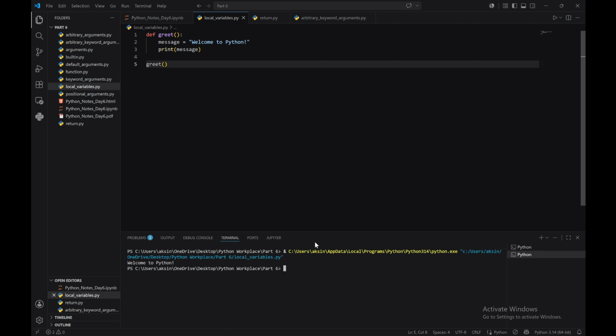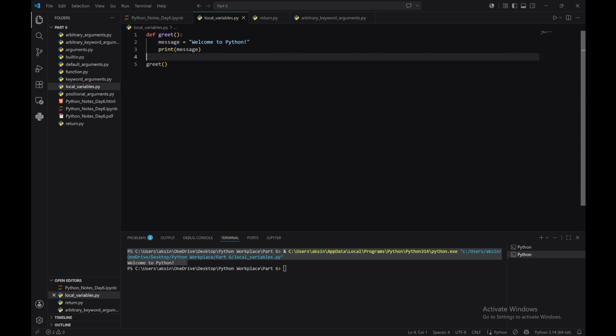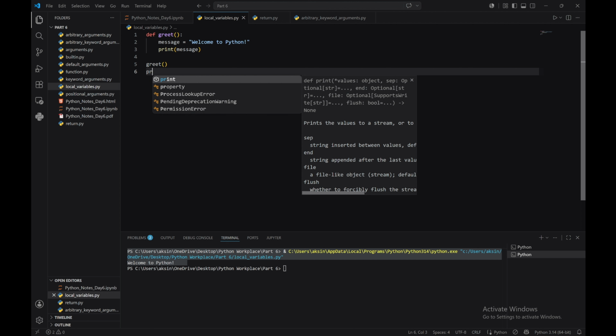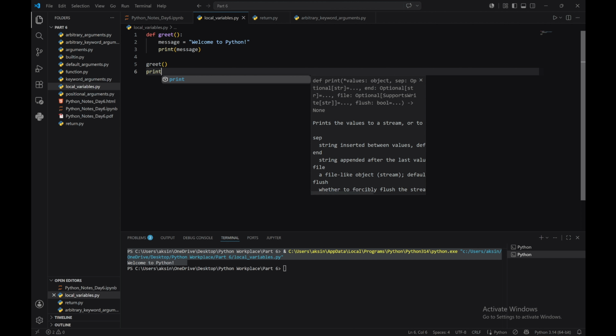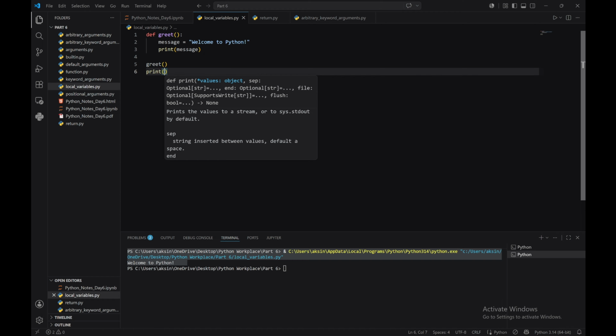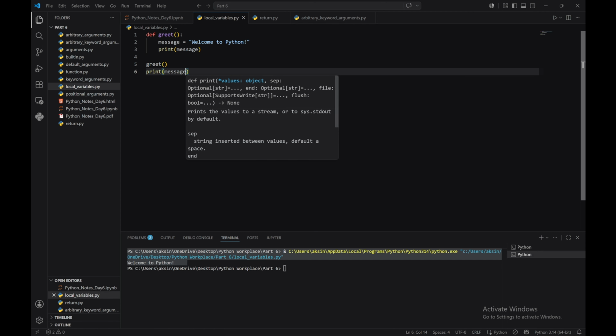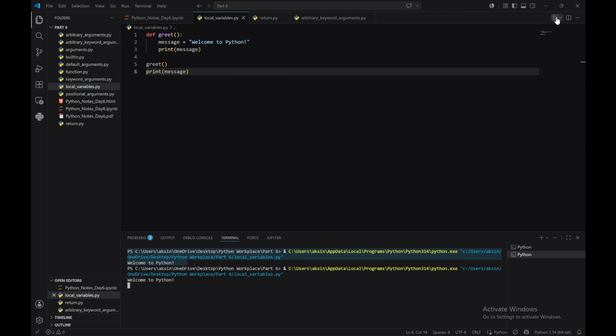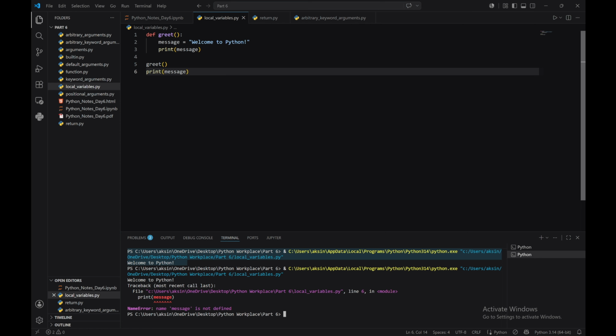For a local variable, as you can see, it can be accessed if it is defined inside. You can access it inside, but if you want to access it outside, such as print message, then as you can see, it is going to give an error since message is not defined anywhere outside the function. So you need to remember that